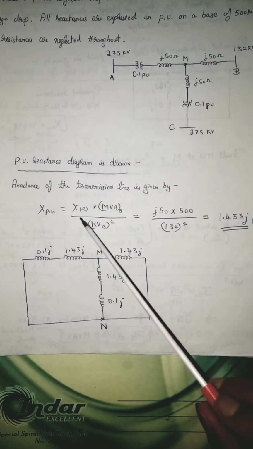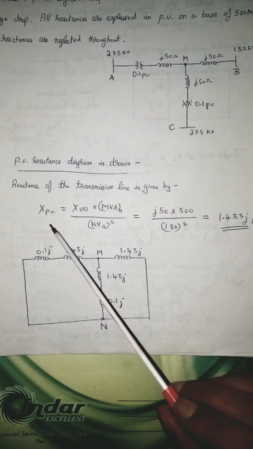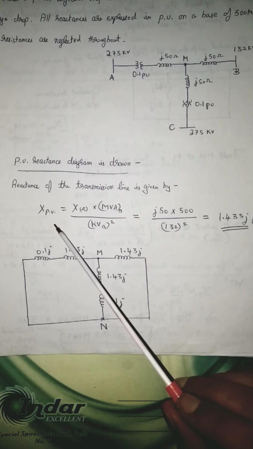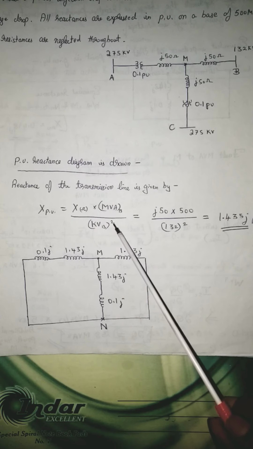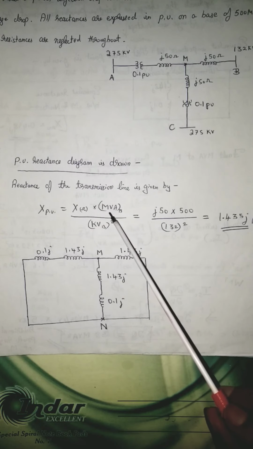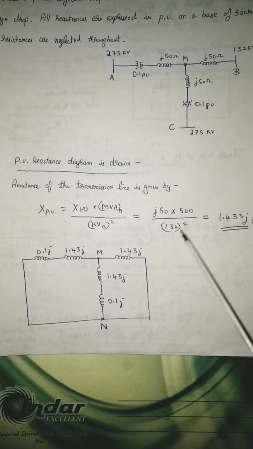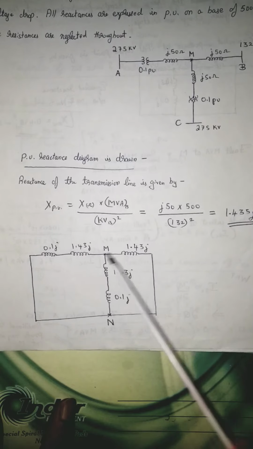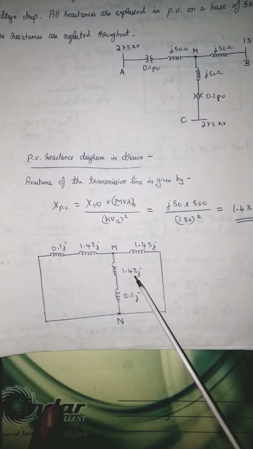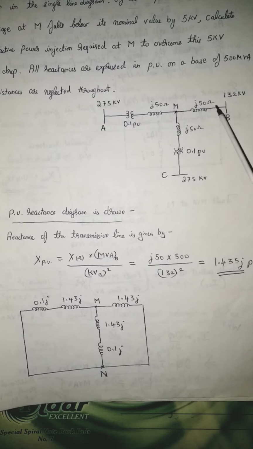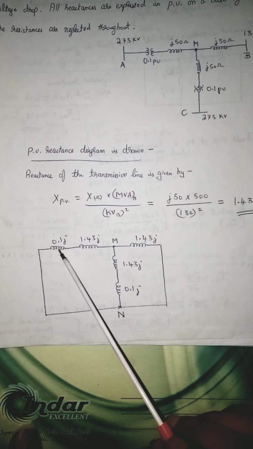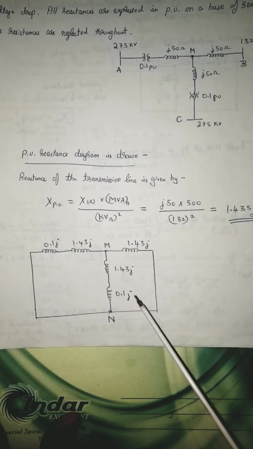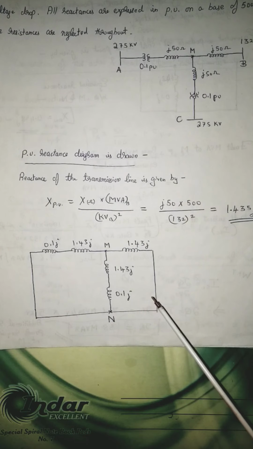So over here, let me calculate the reactance in per unit of the transmission line. You very well know that if it is given in ohms, you take X in ohms into MVA base by KV base square, and base MVA in the problem is already given as 500. So j50 into 500 by 132 square gives me 1.435j per unit. So I represent 1.43j, 1.43j, 1.43j because the line reactance remains the same, j50 throughout. And the transformer is already given in per unit, so I directly take it as 0.1 and 0.1. So this is the equivalent per unit reactance diagram.